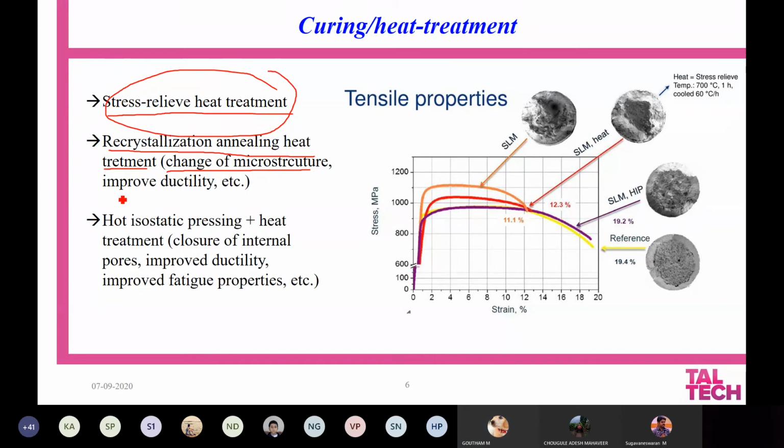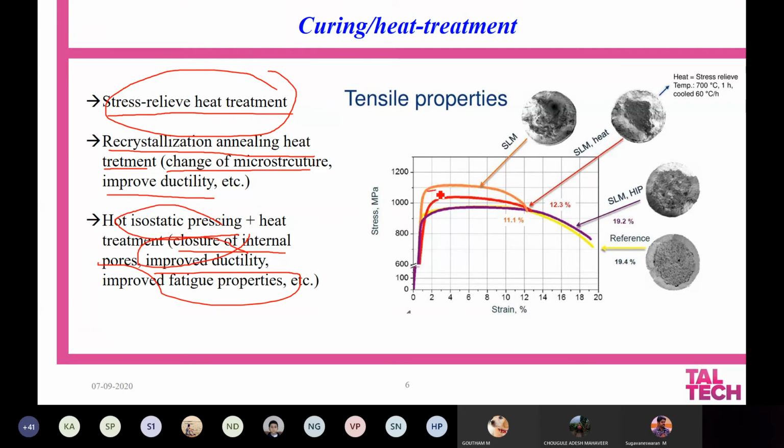If you want to modify the mechanical properties like strength, ductility, fatigue, fracture toughness, you have to go for thermal treatment. And if you want to close internal porosity, improve ductility, improve fatigue property, you may also go for hipping, including thermal treatment or without thermal treatment. So here there are some examples.